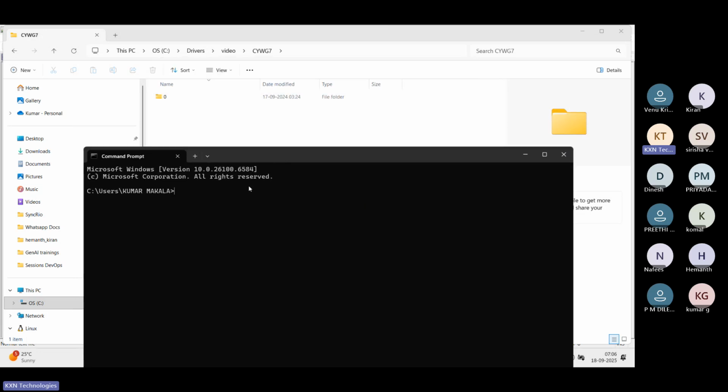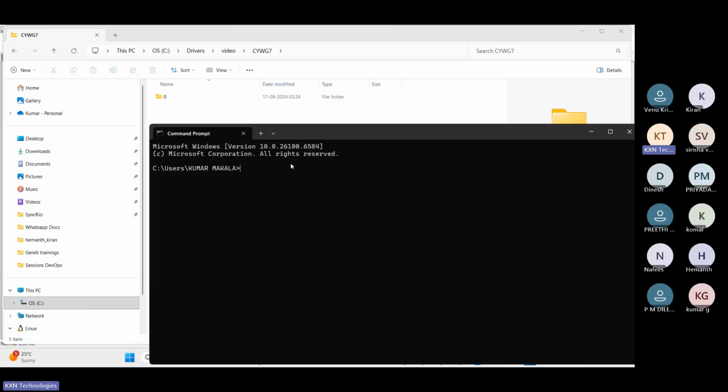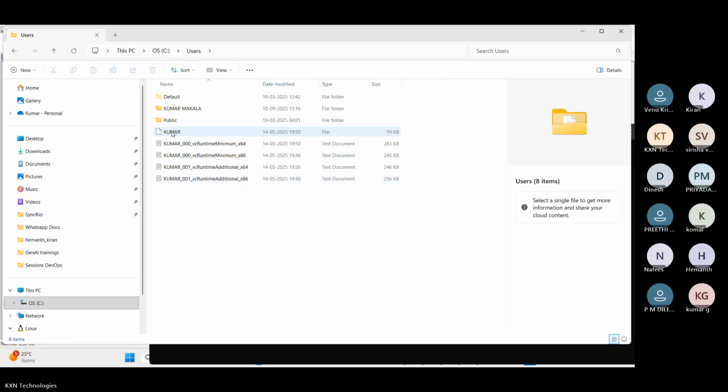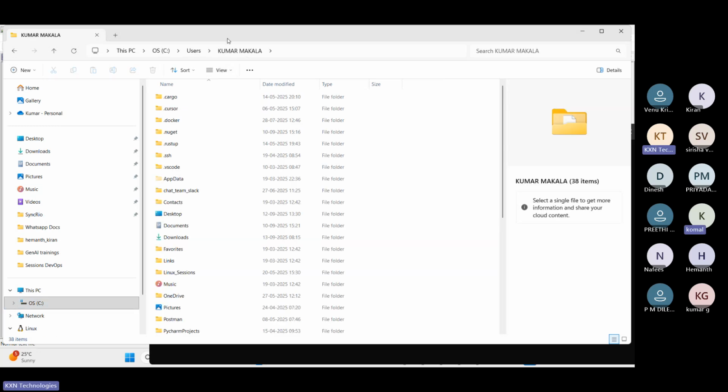When you click on the command prompt, this window opens up. Now, let's say if I want to do any operation, currently it is in C, Kumar Makala, for example, right? And what is this location? If we click here, Users and Kumar Makala. So this is what it is opening up, which means what? If